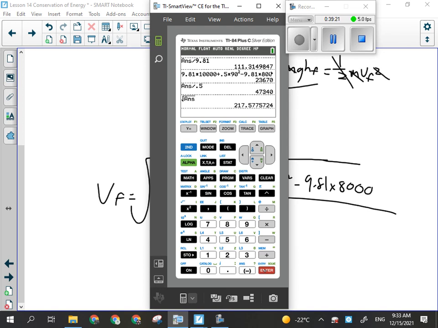That's fast. So if you fall 2 kilometers with an initial speed of 90 meters per second, you will be moving at 217.6 meters per second, and you are still 8,000 meters